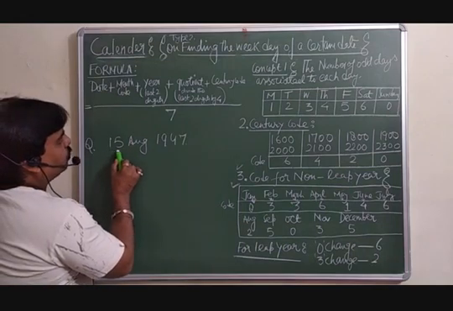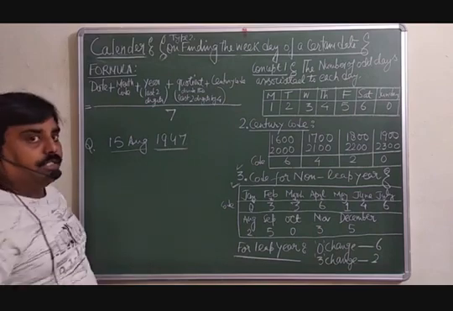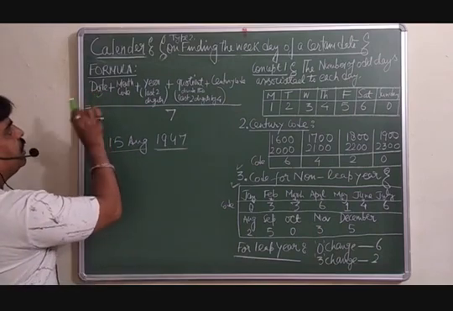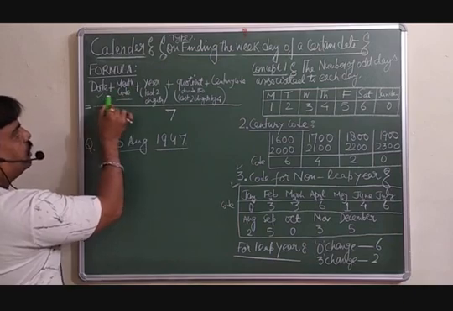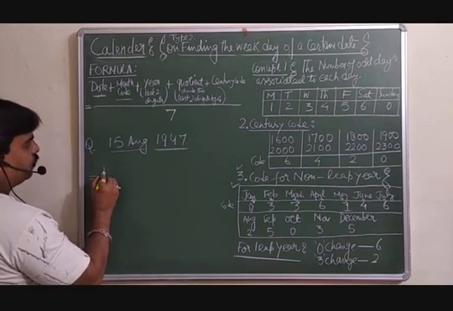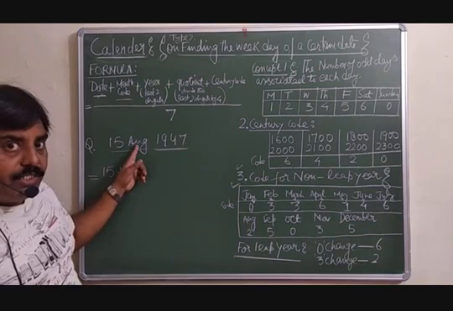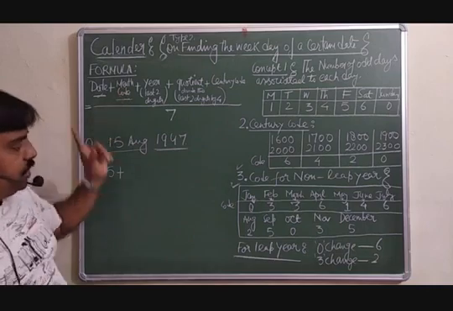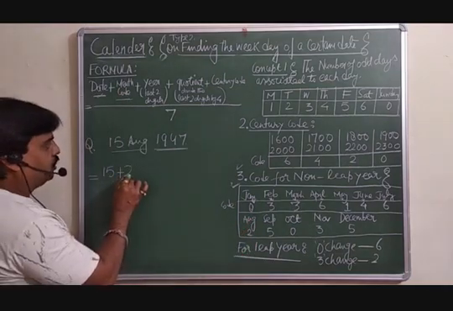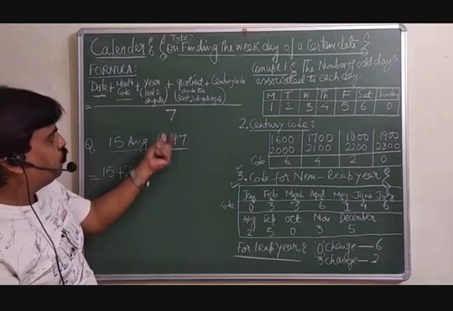कि we want to know on the 15th August 1947 को किस कौन सा दिन था. Formula is here only. You are supposed to take the date plus month code. You must take the date, like here the 15 is given. So you must take 15 as your date plus the month is August here. So August का code क्या है 2. So you are supposed to take the 2 here plus the last two digits of the year.